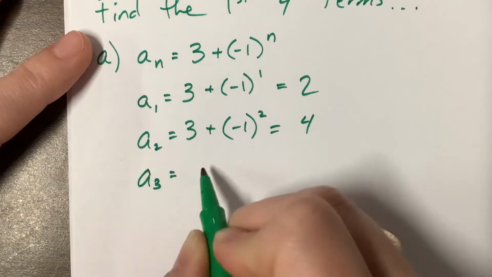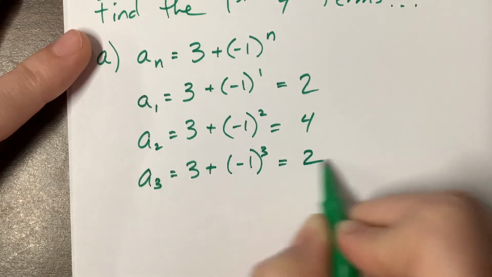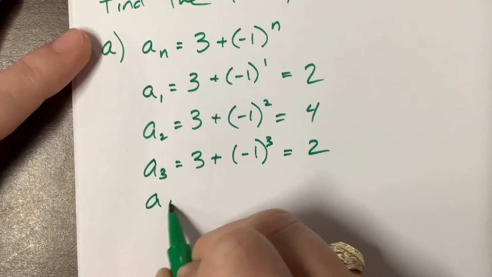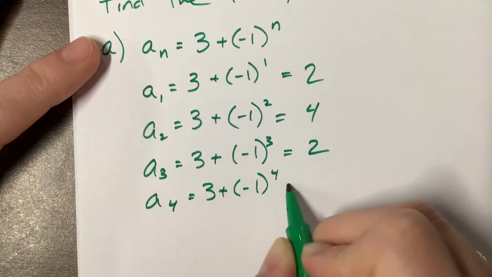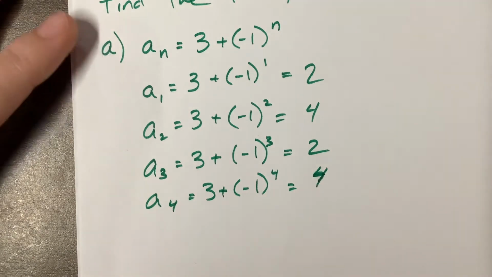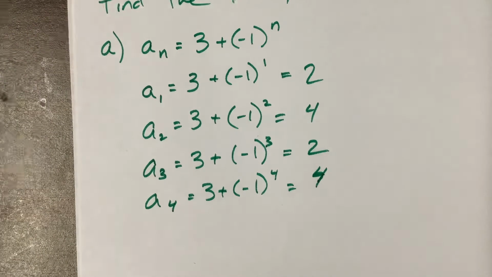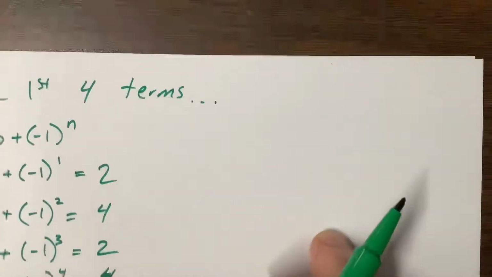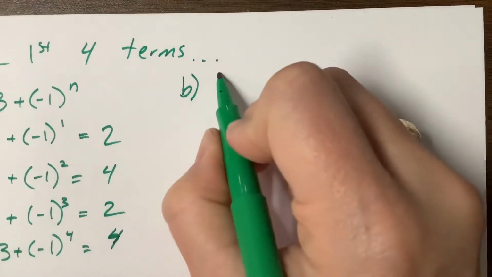So the third term is 3 plus negative 1 cubed. That's a negative 1, so we're at 2. And then a sub 4 is 3 plus negative 1 to the fourth, and so that's 4. So our first four terms here go positive 2, positive 4, positive 2, positive 4. Fantastic. The next sequence that they had given you in the book, and what I used, is I said b